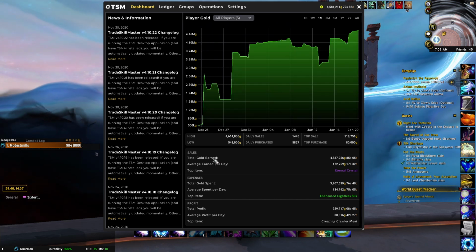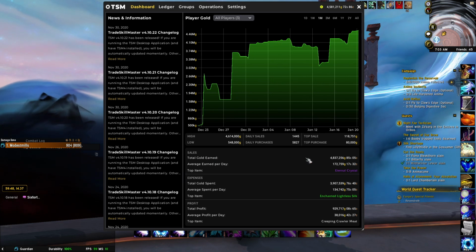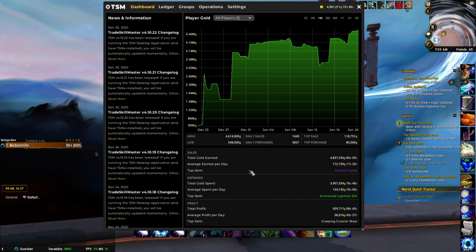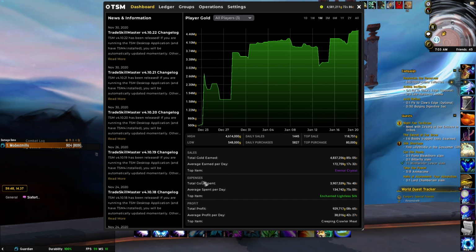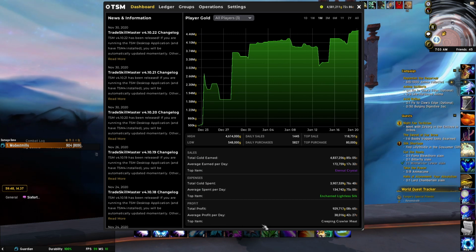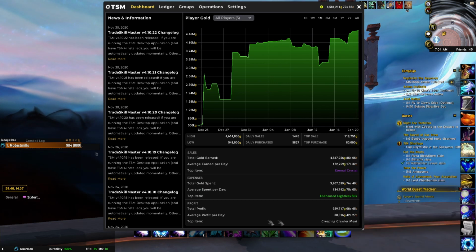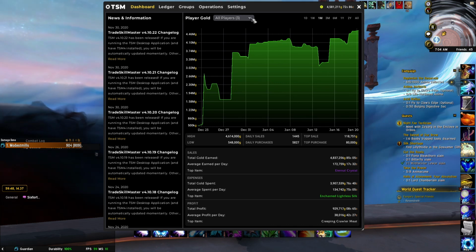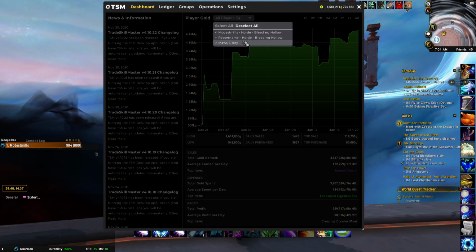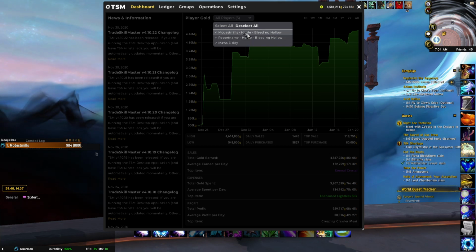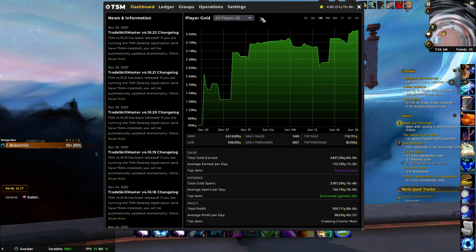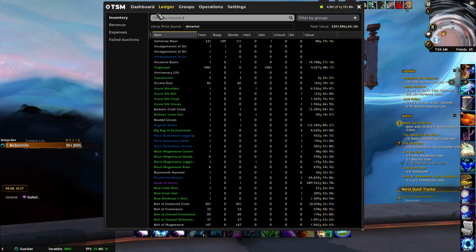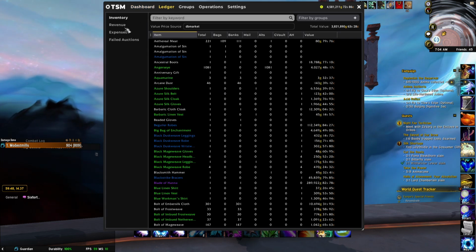And it'll also show you your total gold earned, average profit, what your top items are for your sales, expenses, and for your profit, and what your most profitable item is, which is really nice information to know. You can also come up here and select which player or which character you want to look and see this information on. Now, if you come over to Ledger, you can see that we have an inventory, revenue, expenses,